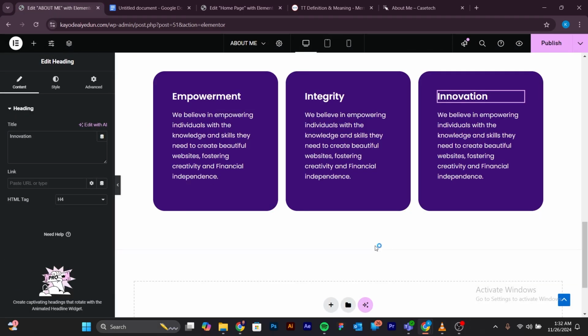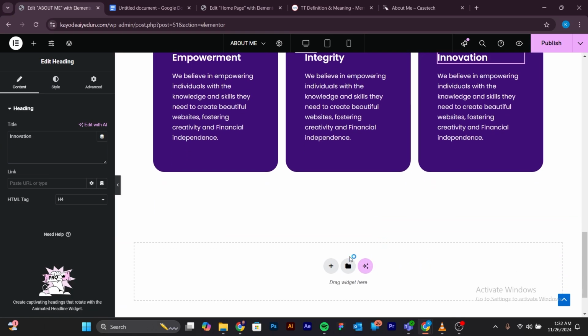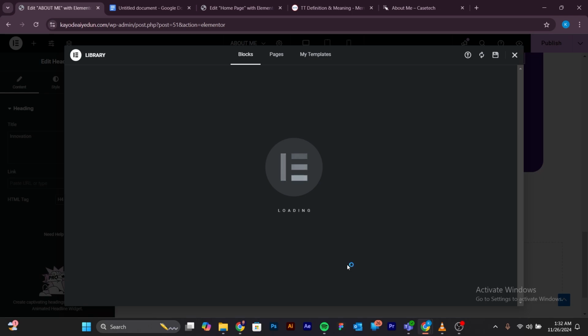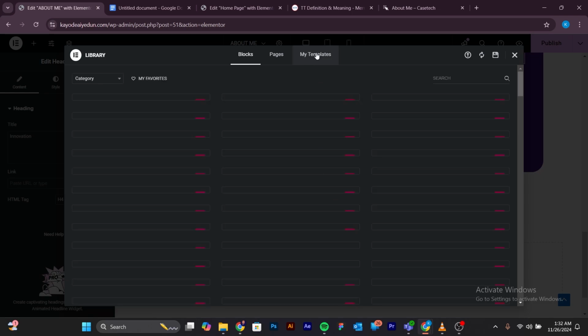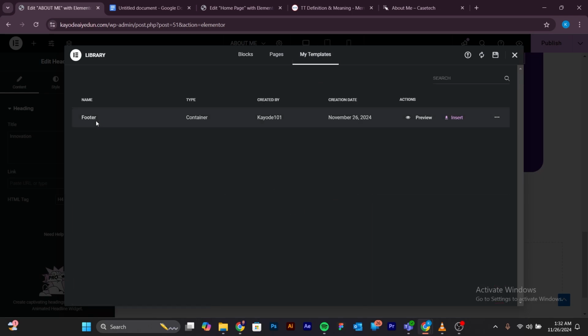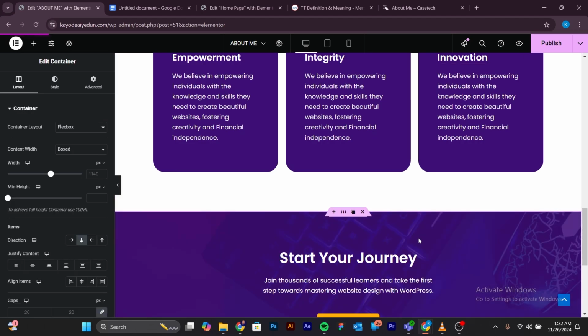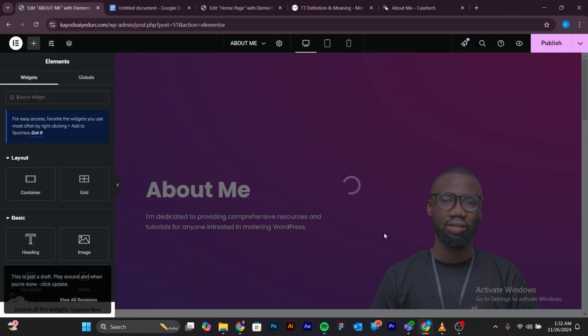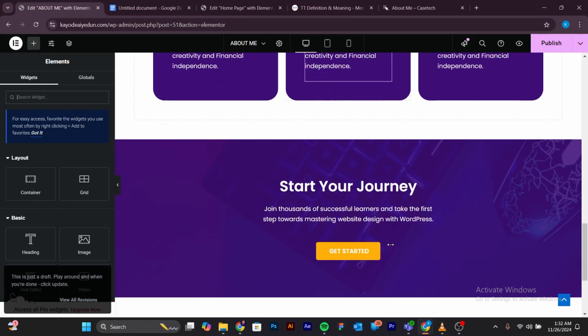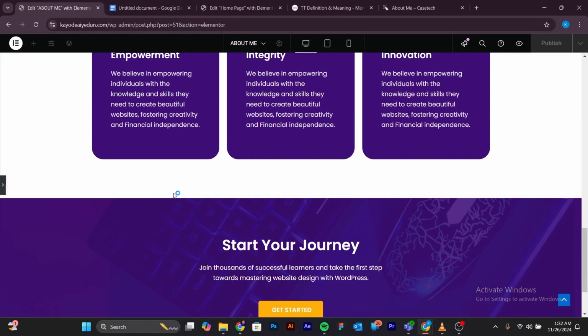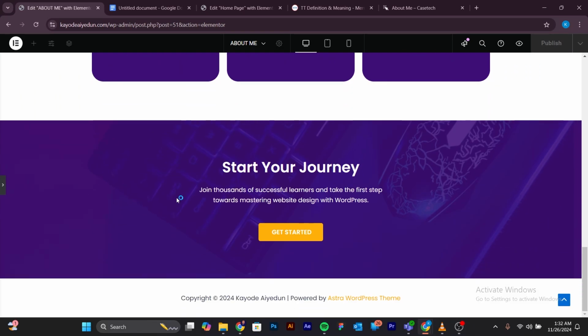And now let's go back to the About Me page. So now we need this footer right here. And to just paste it here, we come to this icon here, and you want to click on it, and you want to select My Templates. And now here's the footer we have just saved. You just click on Insert and select Apply. And that would basically and simply just bring the footer into your page